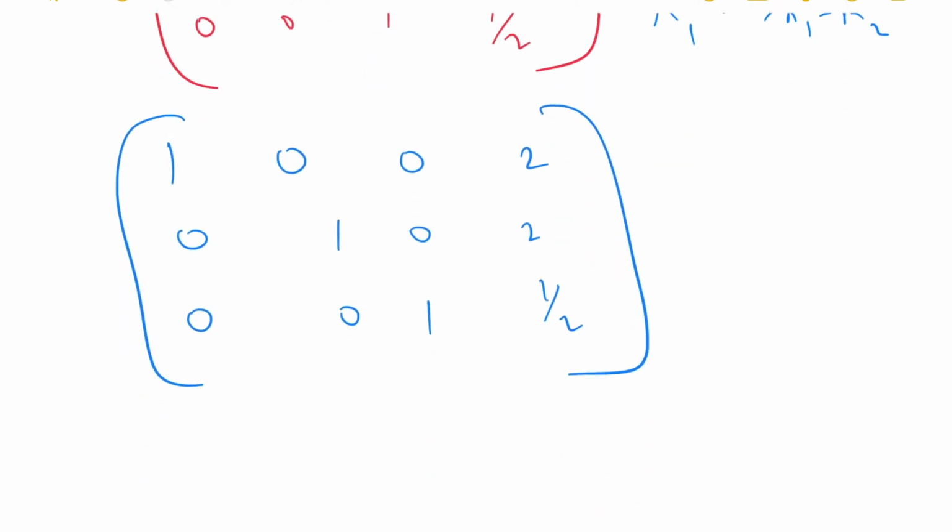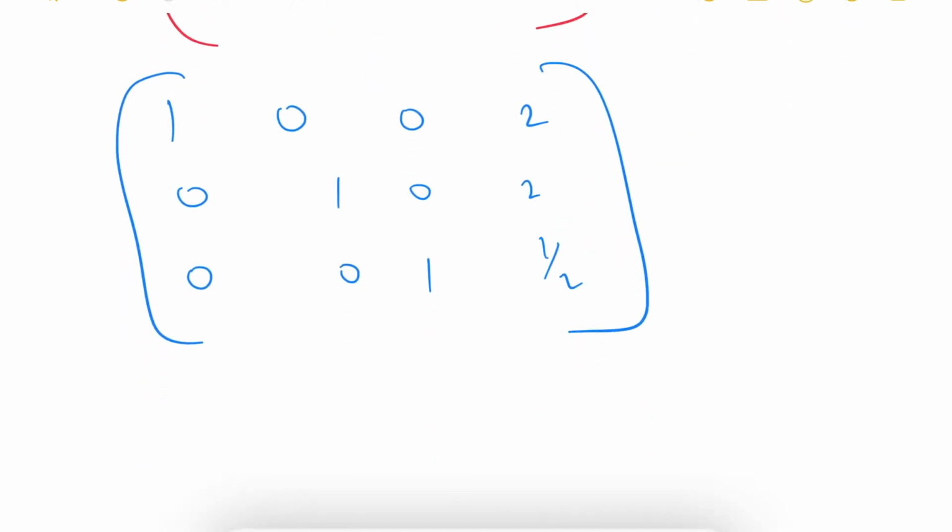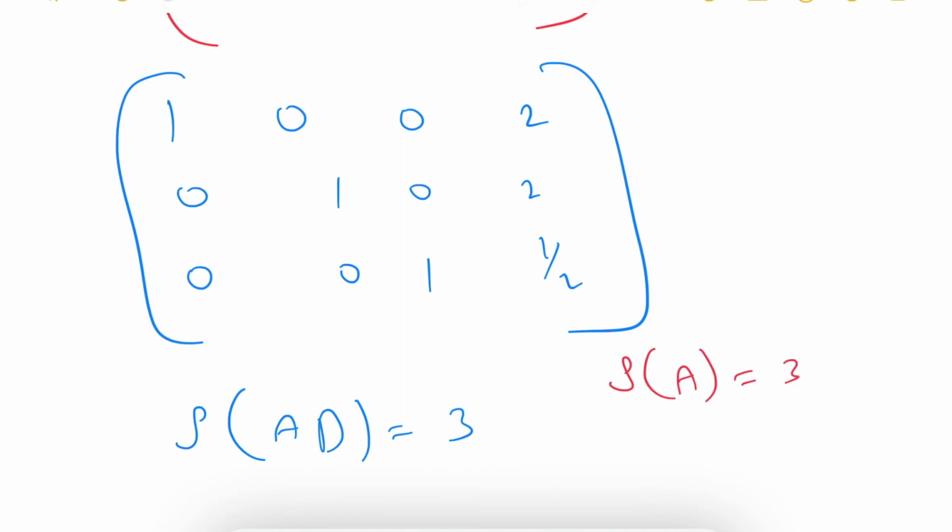Okay, now if we observe, we will be having 3 rows where all the elements are not 0. So 3 rows are there like that. So then rank of the augmented matrix will be equal to 3. So if we observe the previous step, rank of the matrix is also 3 only, rank of the augmented matrix is also 3 only. Both the ranks are same, as well as the rank is 3. So that's why it will be having a unique solution.